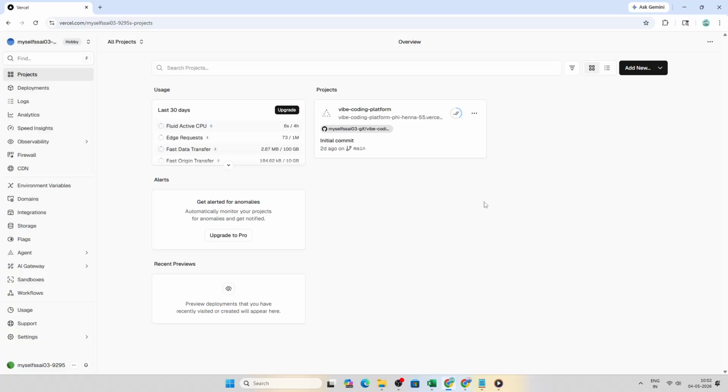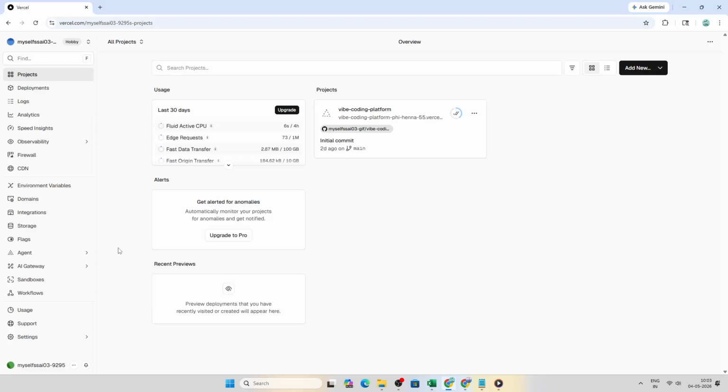First, open your browser and head to vercel.com. Then sign in to your personal account. Make sure you are logging into the personal profile you actually want to remove. If you are part of any teams, remember that a personal account is different from a team workspace, and deleting your personal account doesn't delete a team itself. You may need access to your email during this process, so keep it handy in case Vercel sends a confirmation